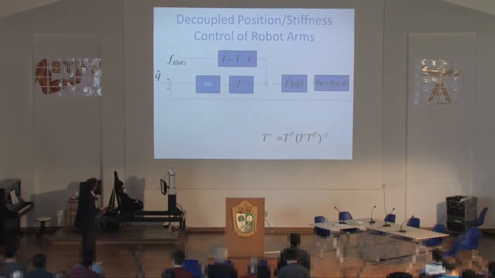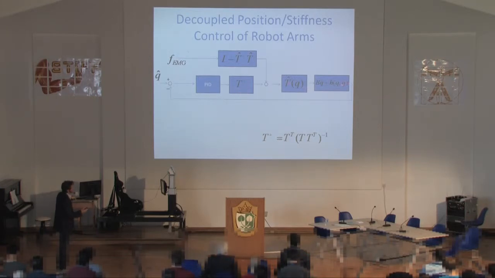So here is the very simple idea of what we do. We use a position reference, and we control through a classical PID controller, and we map to torques, and then we have the dynamics of the robot. This is the classical position control. And then we take the whole EMGs, we project in the null space of that map,